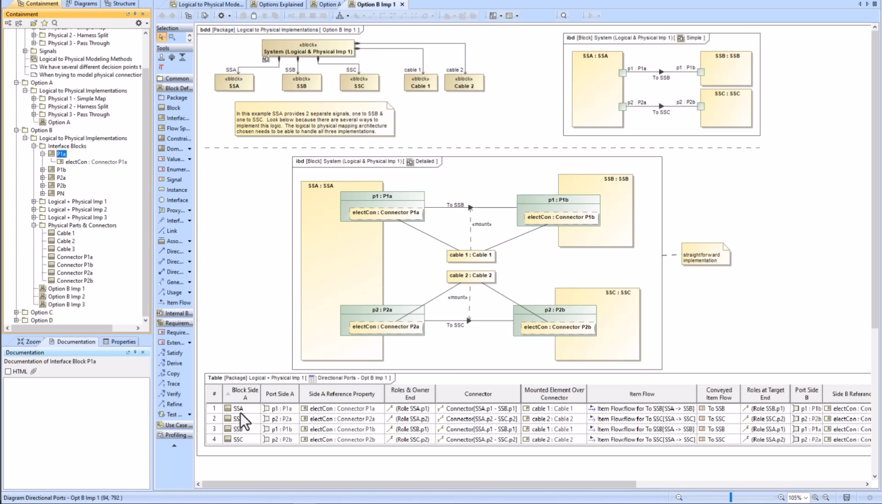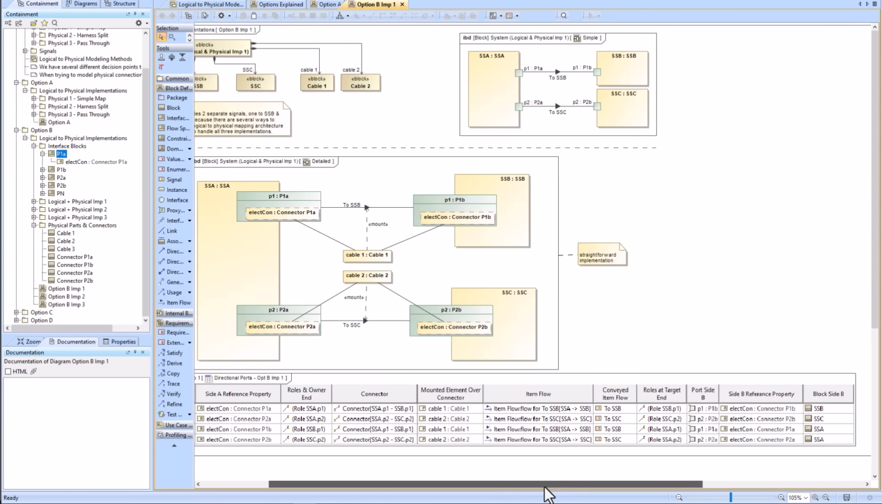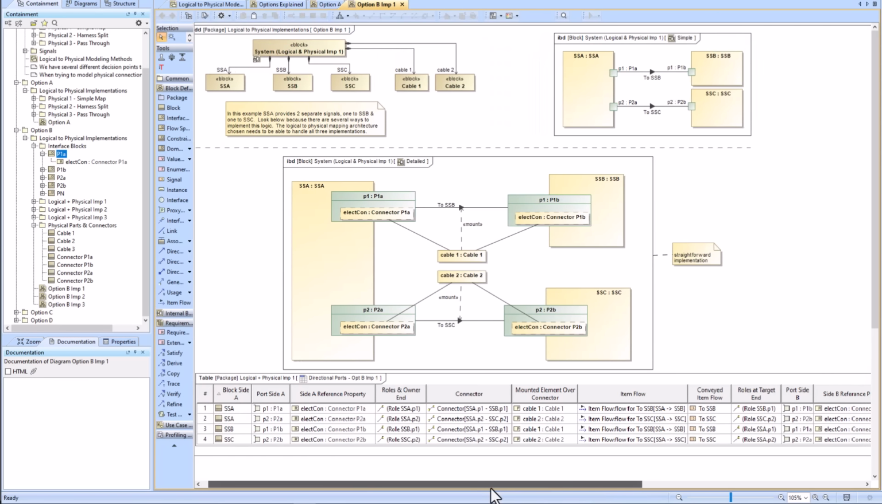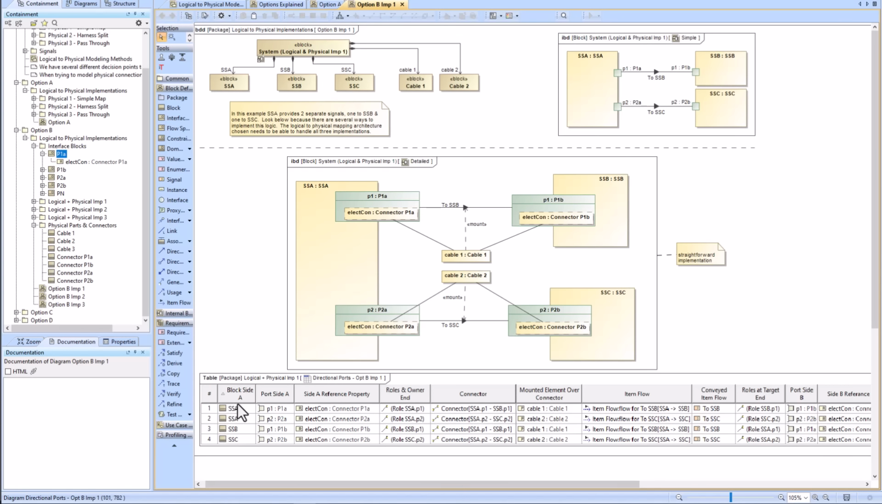So then you could essentially have this table down here created, which tells you the block that it starts with, the port which it's going over, the reference at side A. So this would be the connector at the port of side A. It's going to tell you the role, the connector itself, name, where it's going, the mounted element, so what physical cable is going to be